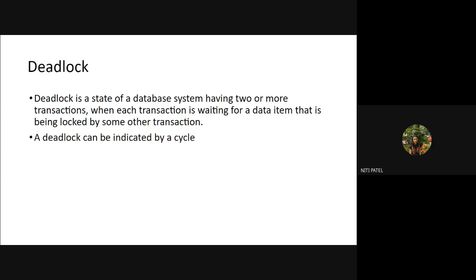So this was all about your lock-based protocol. Before you use the data item, acquire a lock on it. After the data item is completed, you have to unlock it so that it is made available to another transaction. So we make use of the two-phase locking protocol. In the growing phase, we acquire all the locks we want in the transaction. We start executing the operations of those transactions, and once it reaches the shrinking phase, we start releasing all the locks. So in the initial phase, no unlocking is allowed, and in the end phase, no locking is allowed. Understood? Clear up till here? Any doubts?